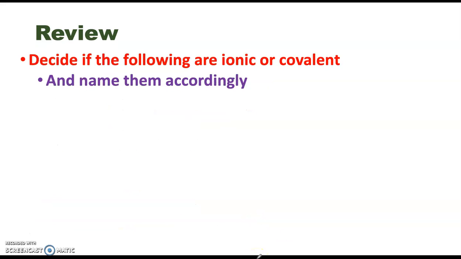So let's do a little bit of practice here. Decide if it's ionic or covalent, then name them accordingly. I'll do the first one right away here. This is sodium, which is a metal. This is acetate, which is a polyatomic ion. That means that this is ionic. And then to name it, sodium